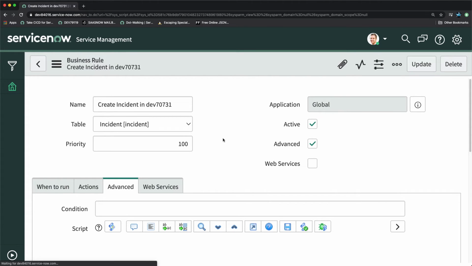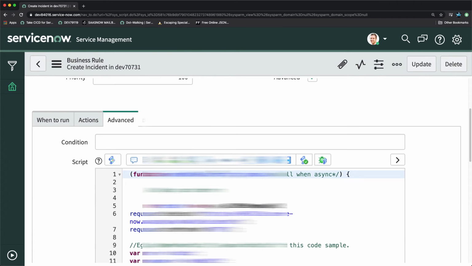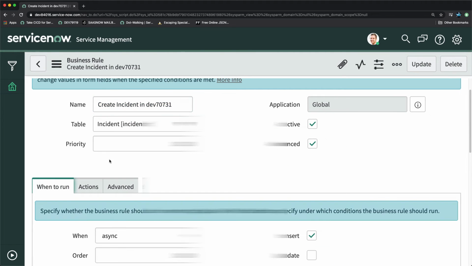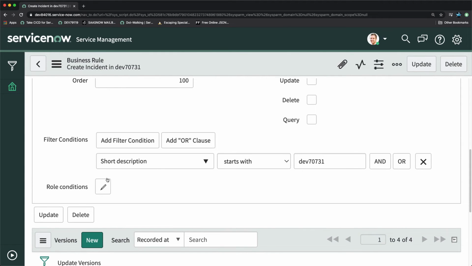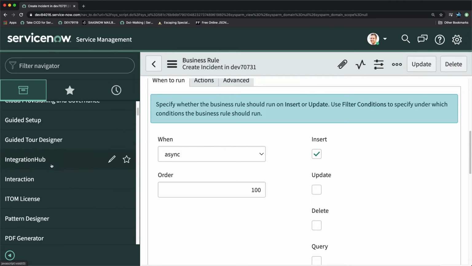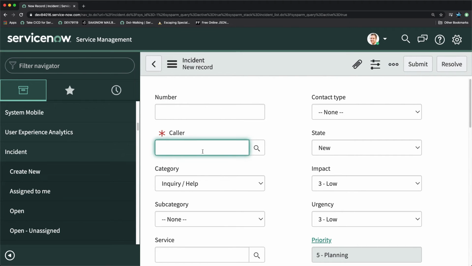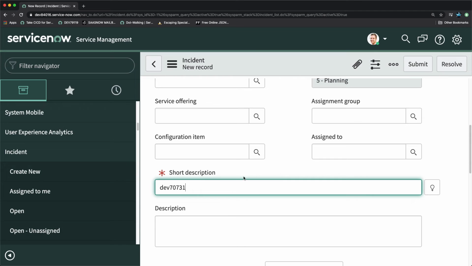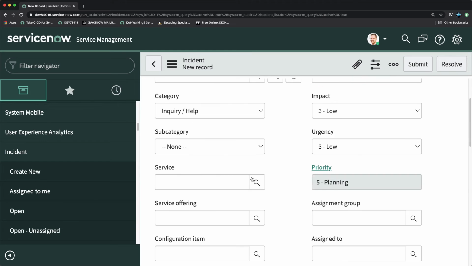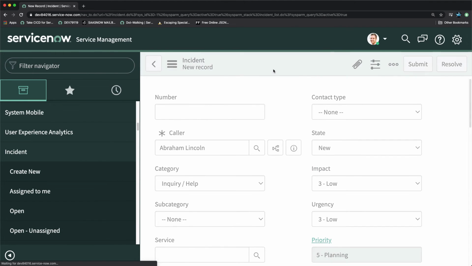Now I will create a test incident. As you know, we have mentioned the condition that the short description should start with this, so I will copy this one and go to incident. We will create a new incident. This time I'm just selecting the caller, because as you know, we are sending static values. We have not sent the dynamic yet, and I will show you how we will convert this to dynamic quickly. So I will start with dev, and maybe I will put test. That's it. And if I click on save,